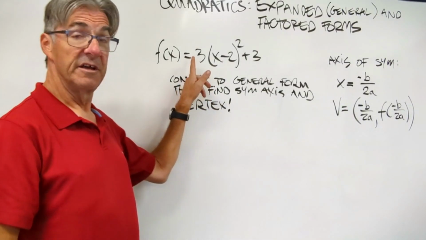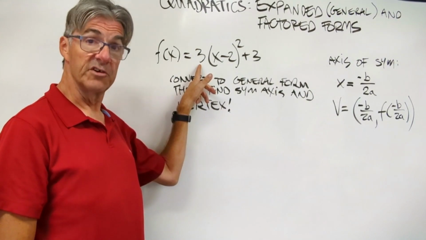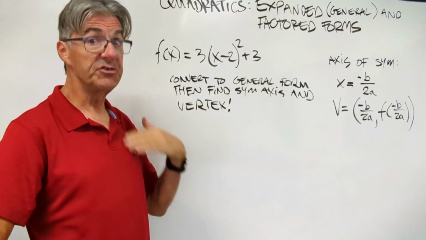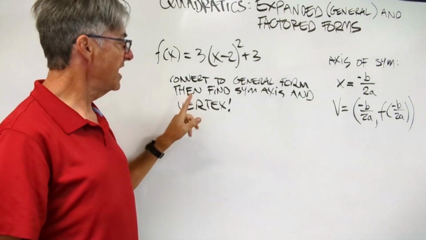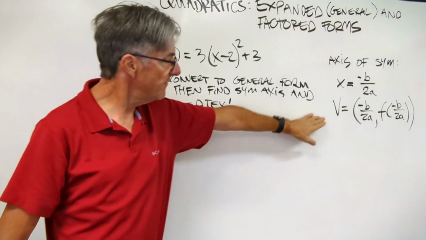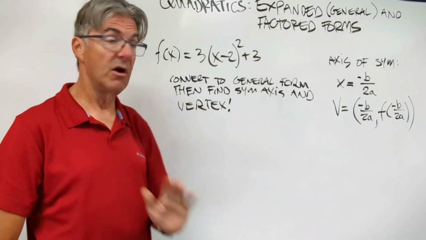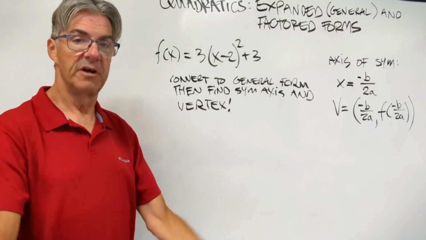Here's a quadratic in vertex form. I want you to first convert that to general form. Go ahead and expand the quadratic, and then use general form to find the axis of symmetry and the vertex. I've left that stuff up there, but you also have this in your notes. So go ahead and pause the video and work that problem all the way through, and then come back and